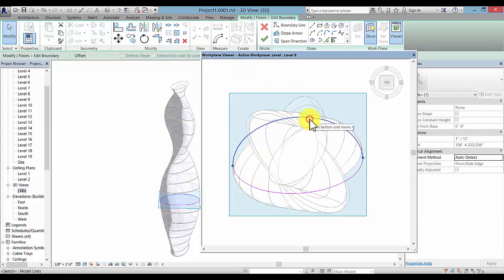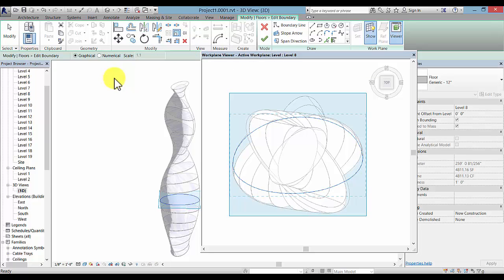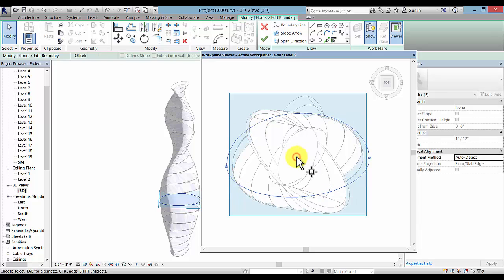So I'm going to use my Control key to select these two sides of the ellipse and then pick the Scale command. And one way of doing this is to pick in front of numerical and then establish for all the different floors how much bigger you want to make that. So I'm going to type in 1.1 next to Scale, and then left click someplace right in the middle of, or the center of the ellipse, and it kind of scales out proportionally from that